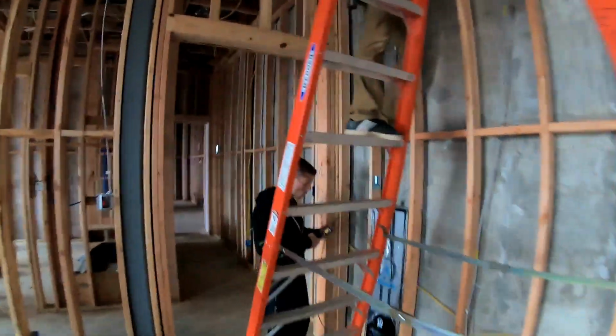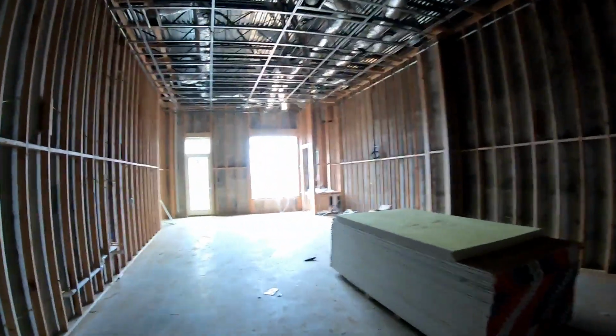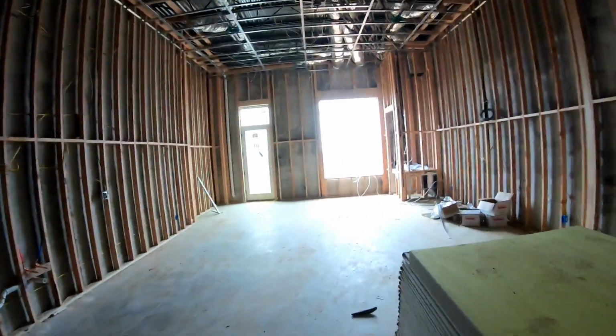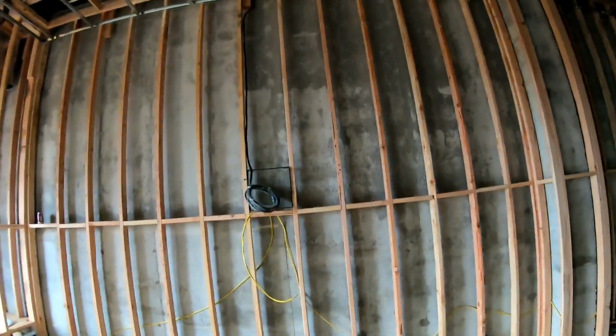There's one of our technicians, Rory, hard at work. This is actually our golf simulator room as well as a hangout room. We've got an 85-inch TV going there. We've got 4